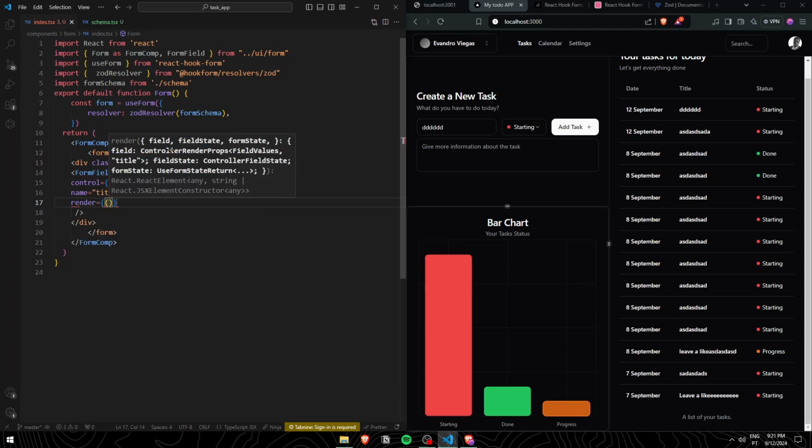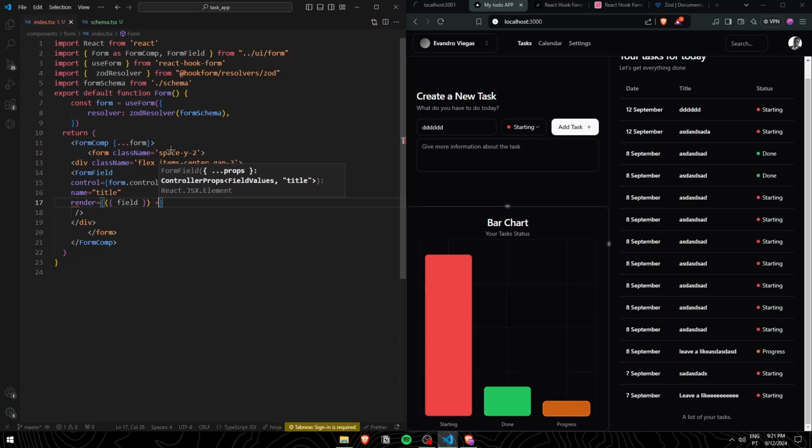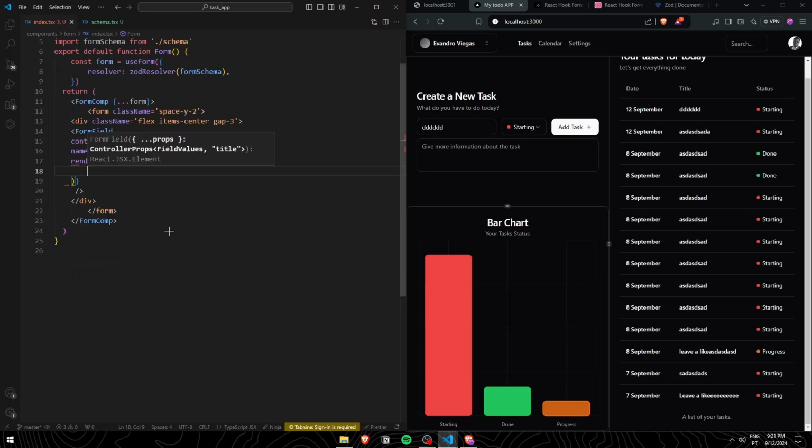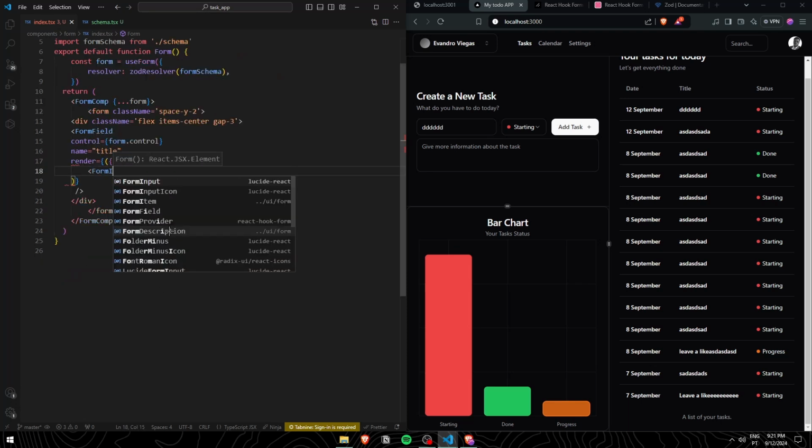So to do this we have to use this arrow function, so field, and then return an actual element. So the element is going to be a form item,